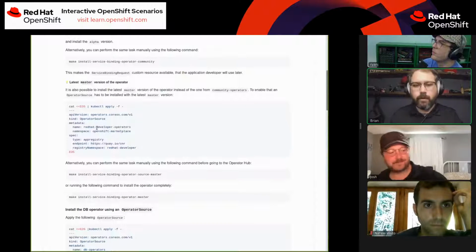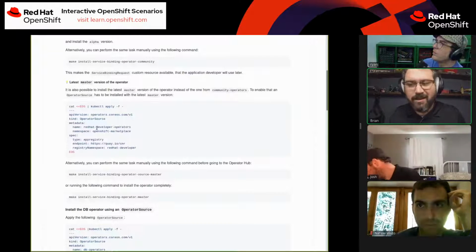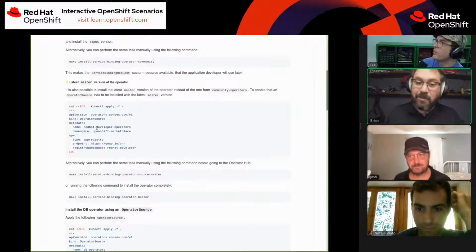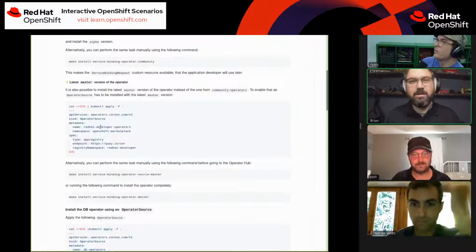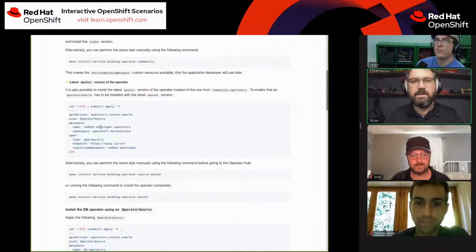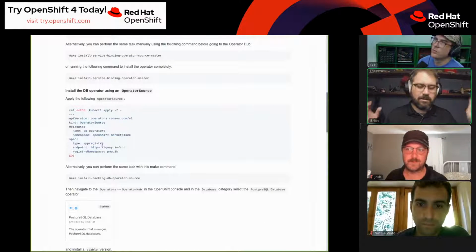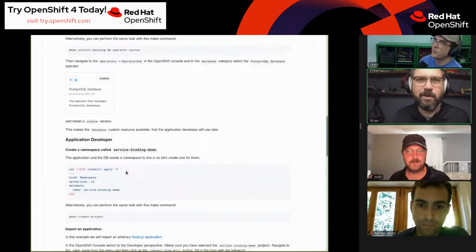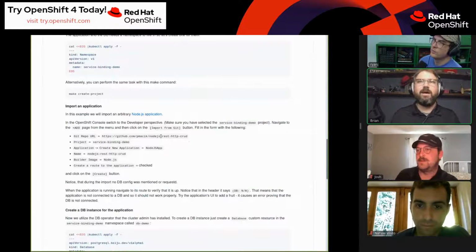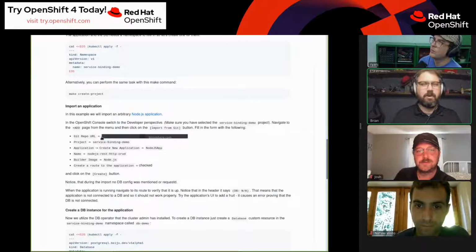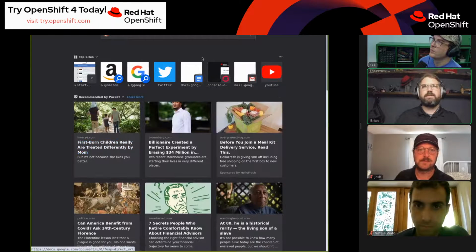And of course, like what you said, this is Kubernetes. So if you don't want to use the console or you want to perform this in YAML, all of this is available to you in YAML. You can do whatever you want with all the YAML. But as far as the repo for the particular app, that's available here.